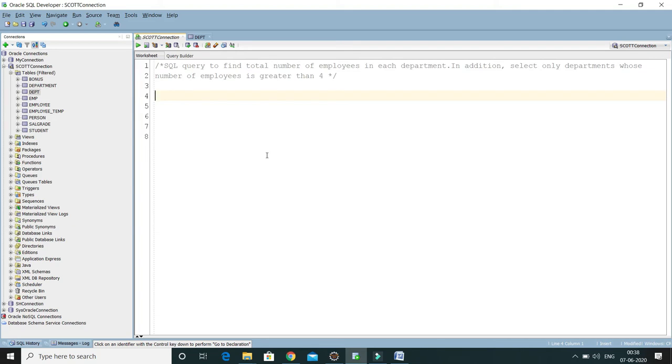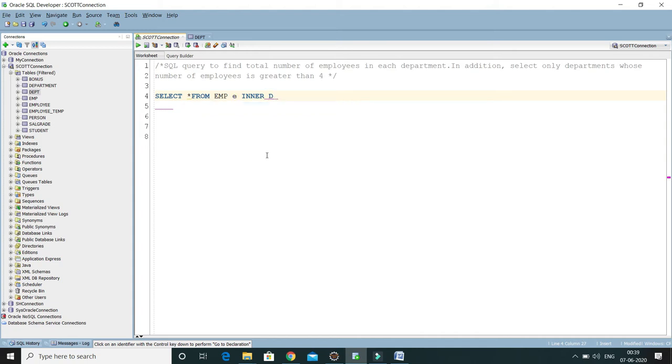First of all, we'll try to write a query to fetch the number of employees in every department. So I'm going to write select, let's say as of now just a star, from EMP, taking the alias as E. Now I'm going to apply an inner join, the reason being that I need to select department name as well, which is available in the DEPT table.